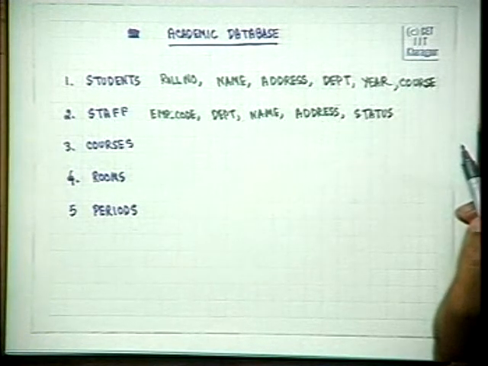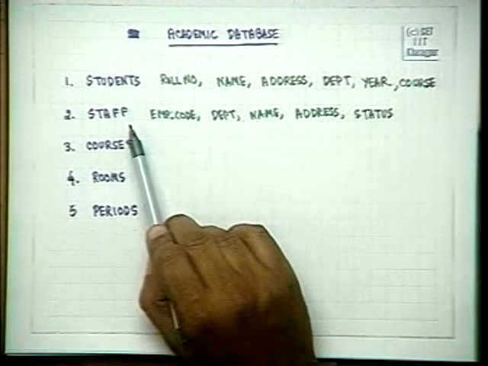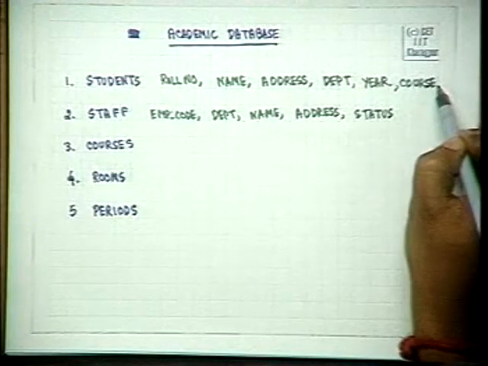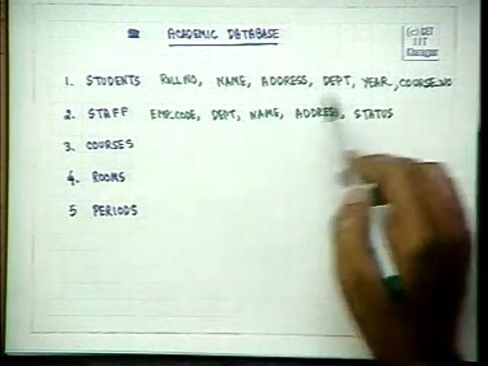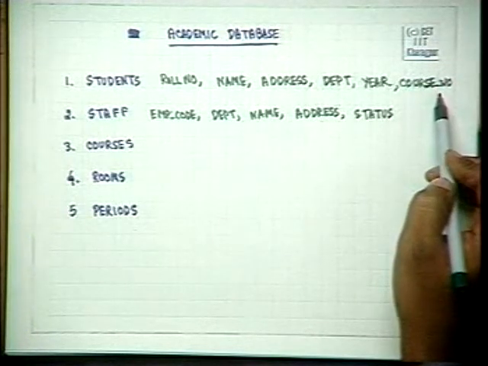Attribute of another entity. Can an entity be an attribute of another entity? Well, it is not like that. I'm talking about students and courses, and your courses are also entities. You are saying that a student is an entity, a course is an entity, and the course is an attribute of the student. Oh, I have given a different name. Course number. Let us make this course number. Well, we will give different names to entities and different names to attributes. So let us call this course number rather than courses.